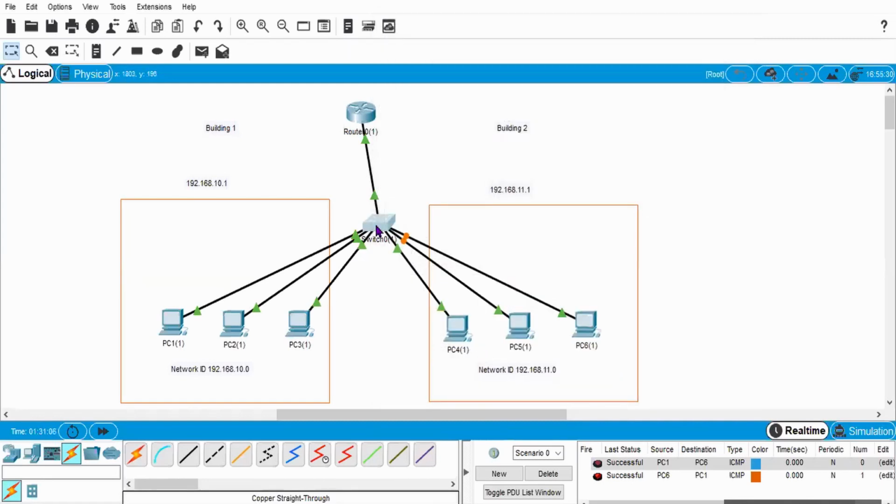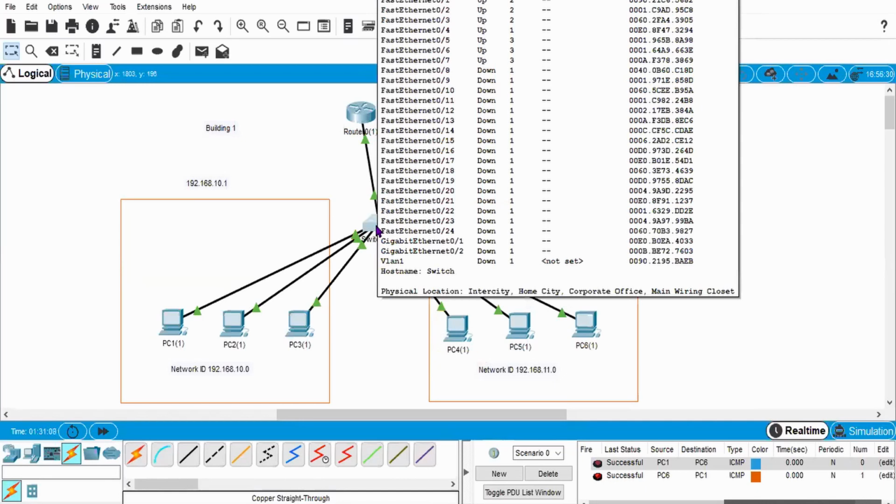So after this, I can check that I am having VLAN number 2 and VLAN number 3. VLAN number 2 has connections with ports number 1, 2 and 3 of this switch, and VLAN number 3 has connections with 5, 6 and 7.